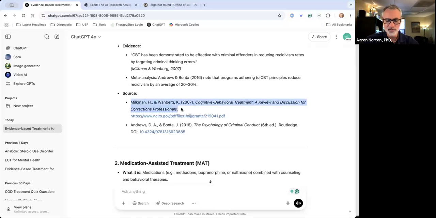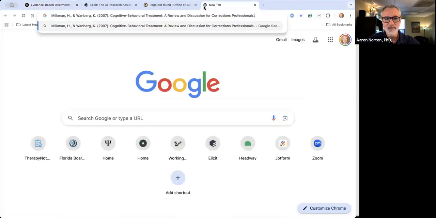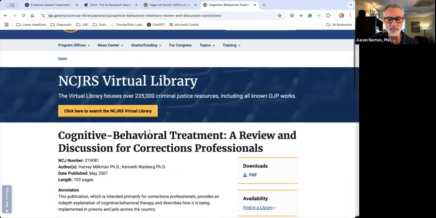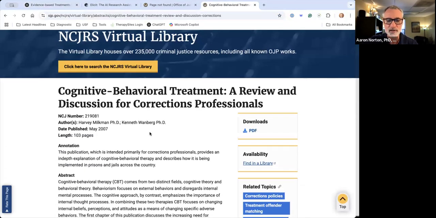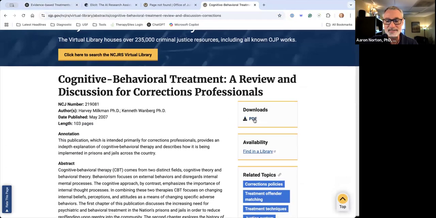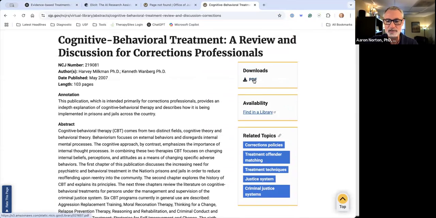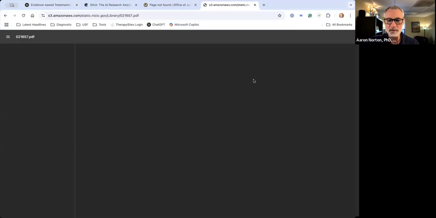I'm going to do a Google search on it here real quick and see what happens. And we do get a paper though. Okay, so it looks like it was just that the link was wrong, but the paper really does exist. And notice we've got an abstract here with Milkman and Wanberg, Cognitive Behavioral Treatment Review of and Discussion for Corrections Professionals. We've got an abstract, and I can click on this PDF here to get a full copy of that